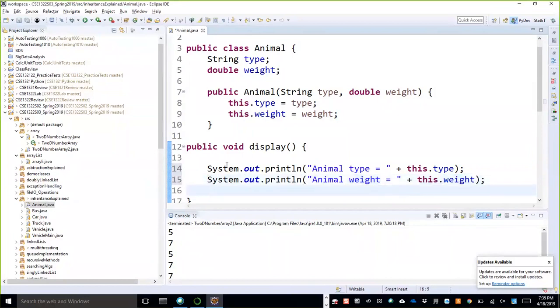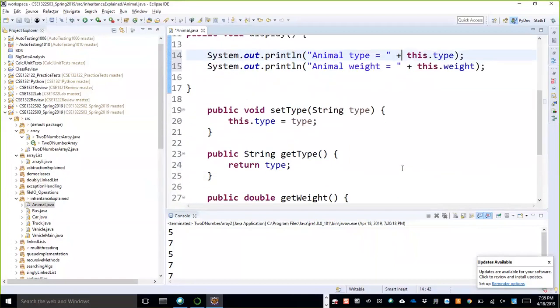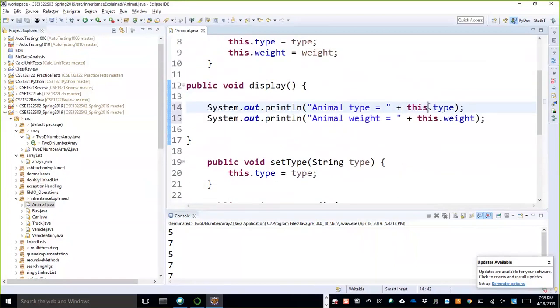That's it. We'll see that here we can use this, or we can keep it optional. We'll check that.